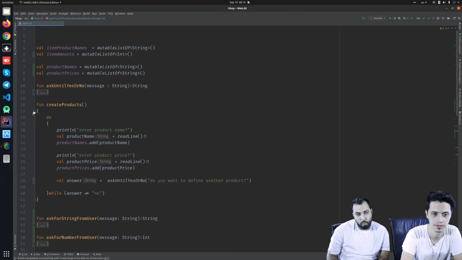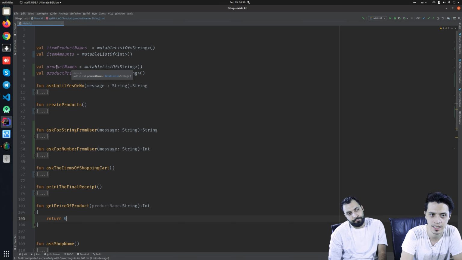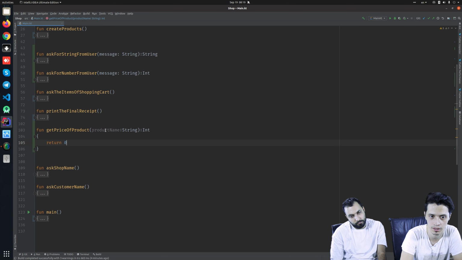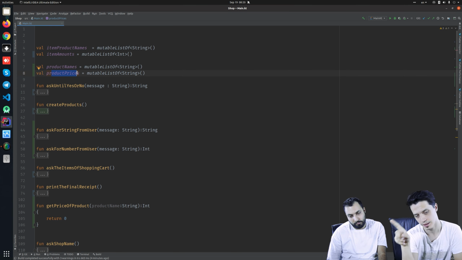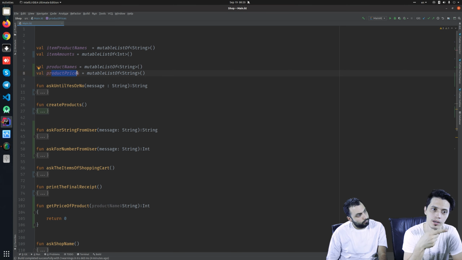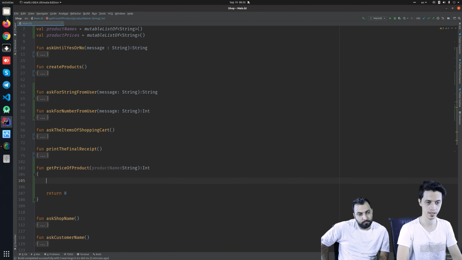In order to do that, it must first iterate over the product names to see which index equals this product name. So we have all the product names inside this list and all the prices inside this list. And each index in the product names has the name of the product, matching the price at the same index in the product prices list. So again, we have to use a loop to loop over all of the items inside the product names. So I use the do while loop,